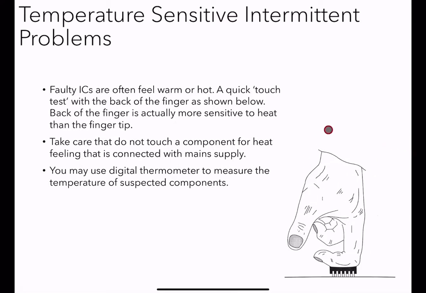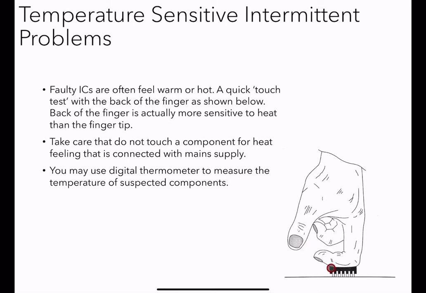A quick method by which we can test is by touching and sensing the temperature. The faulty components tend to be hot. So we can use the back of our finger to sense the temperature of a component, but it is